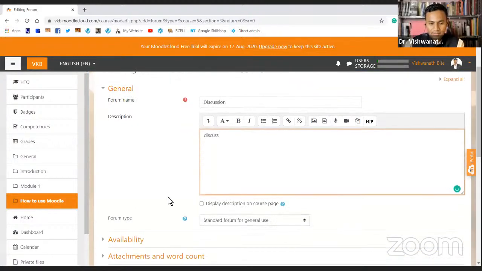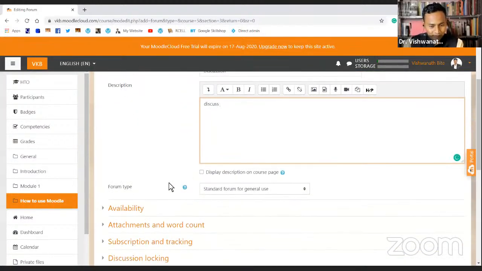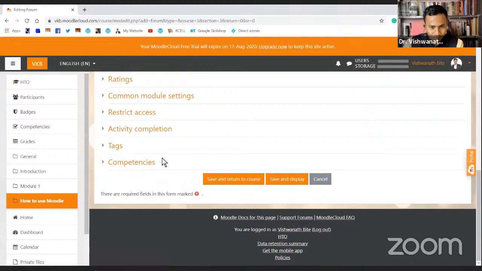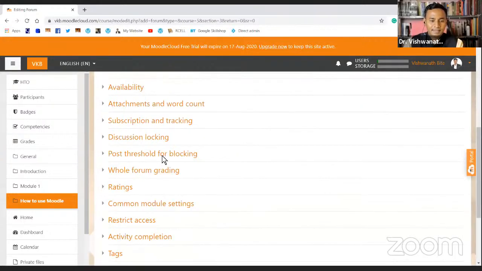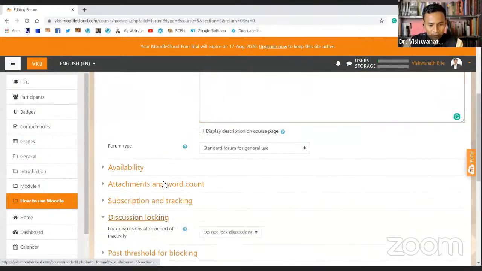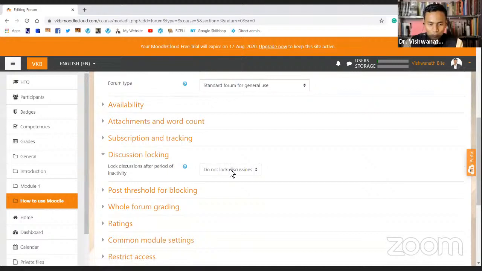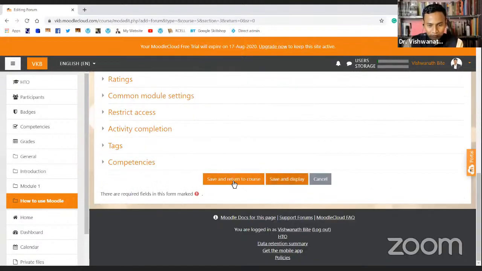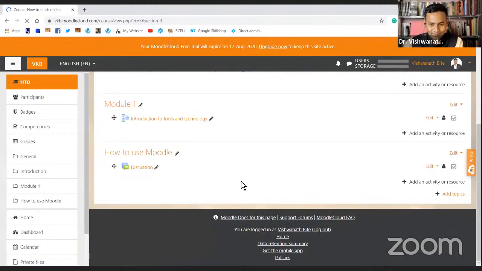I'm not going to waste much time, and I'm not going to change anything here. Discussion locking, that's the one parameter. Do not lock discussions. Okay, it's already good. Because we are running out of time, very quickly I'll say save and return to the course, because I don't want to go into all the details at this point.